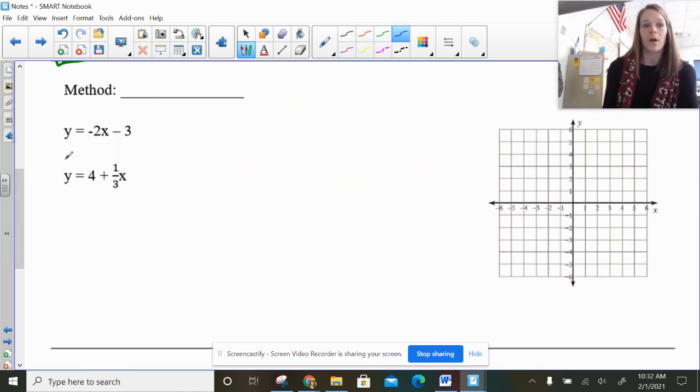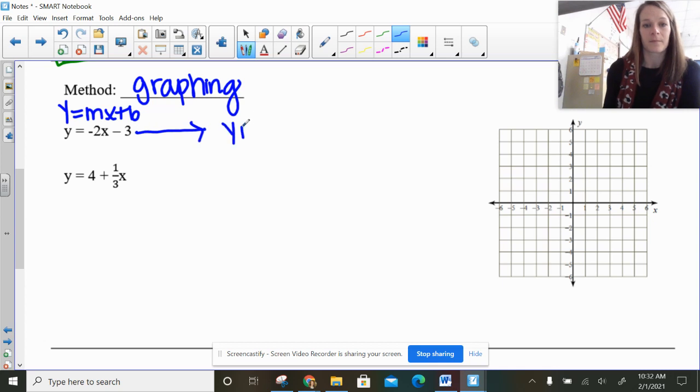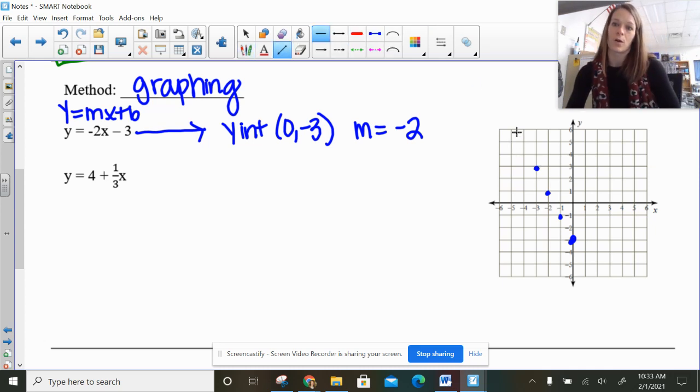All right, on this one, both of them are y equals. They're both in y equals mx plus b. So I would do graphing. Okay, so remember when you graph, you need your slope, you need your y-intercept. Okay, so on the first line, my y-intercept is 0, negative 3, and my slope is negative 2. So I'm going to start there, 0, negative 3, and my slope's negative 2. So I'm going to go up 2, and then left 1. Up 2, left 1, up 2, left 1, and then draw